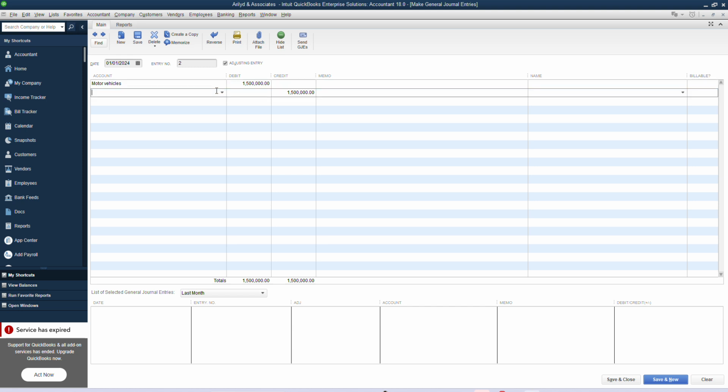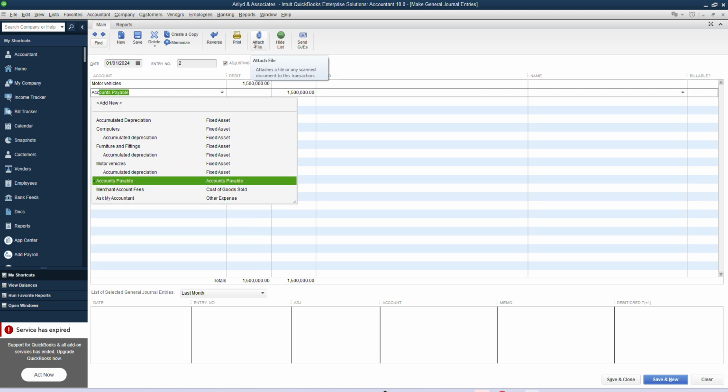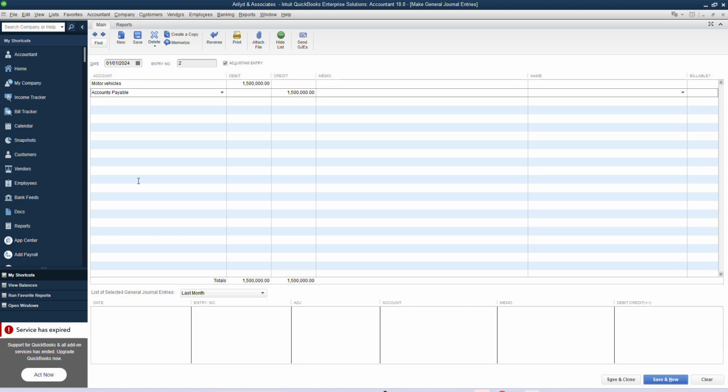So in that case, we just go to here and type, remember General Motors is an accounts payable, right? So you can just type accounts payable, which is a liability. And at this point, you should not forget to input who? General Motors being our supplier. On memo, we can have a purchase